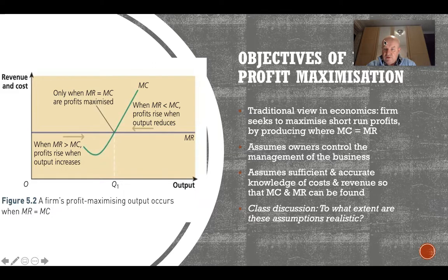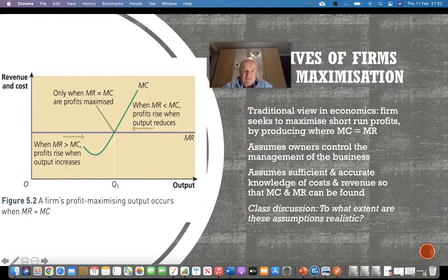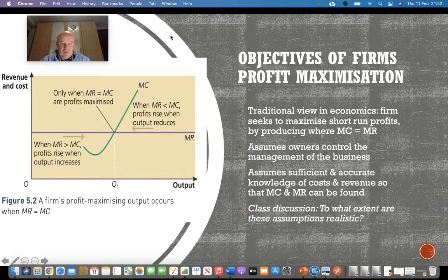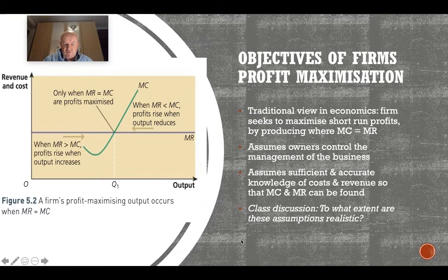So this is where we're talking about profit maximization, and we will spend a little bit of time on this because you will see that it will keep coming up again and again in economics, because more often than not, this is the one type of objective that it is always assumed by economists that firms are attempting to achieve. Okay, now fundamentally we've looked at this in CC4 in a bit of detail already,